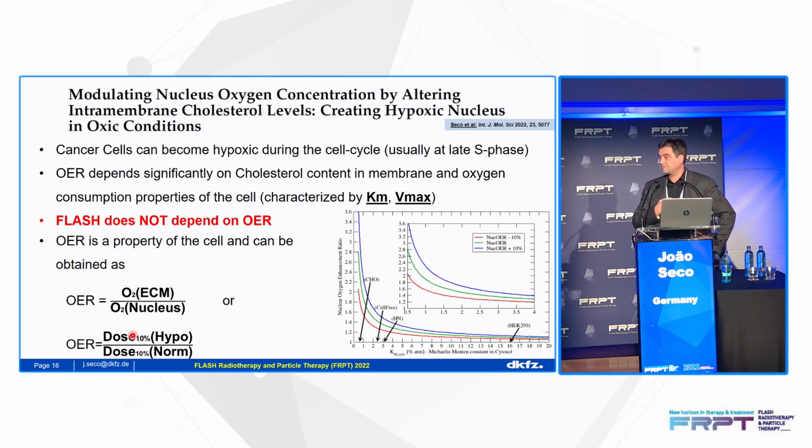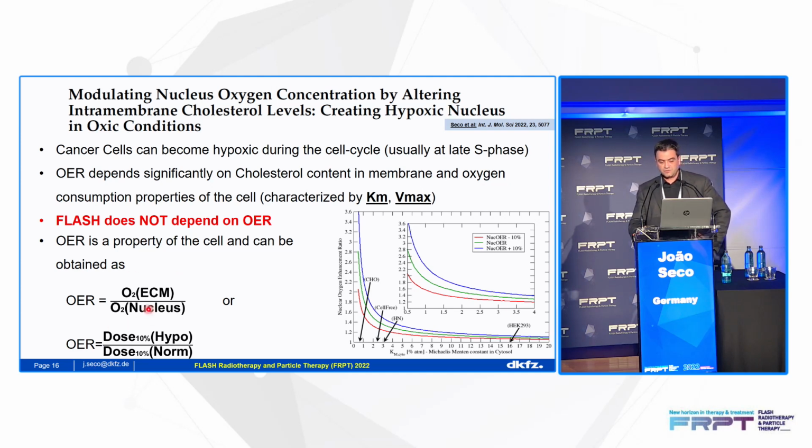Or we can do it like we've been doing for 50 years, which is to use radiation. So we could use radiation as a nuclear oxygen probe or a microscope that tells you oxygen in the nucleus. But it's not something that depends on the radiation. We've used OER so many times to characterize radiation, but it shouldn't be. It should be used to characterize the cell and how the cell has certain properties to resist